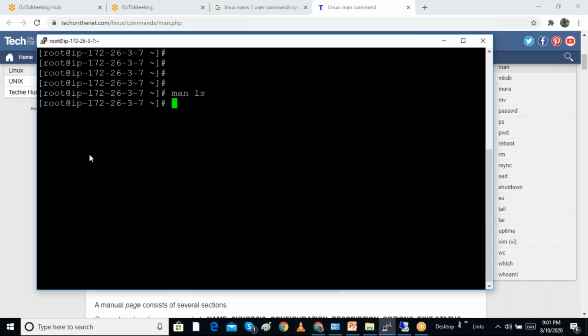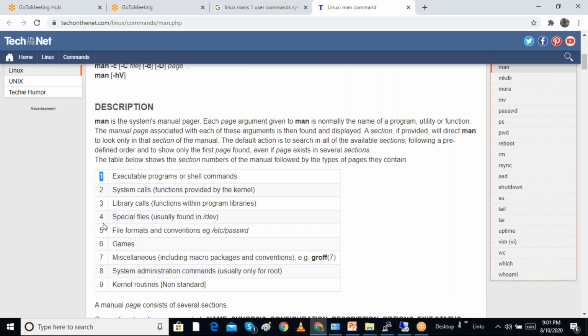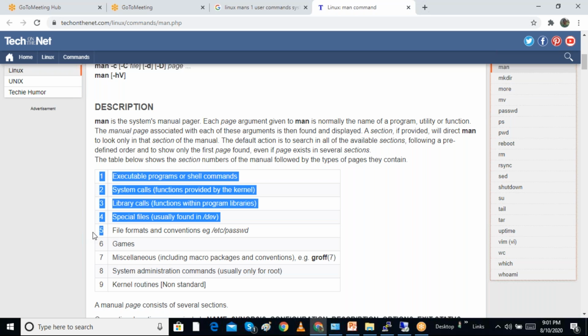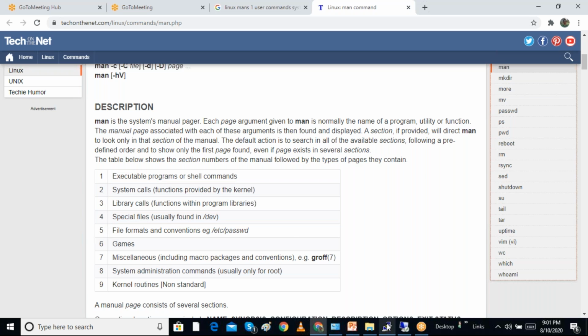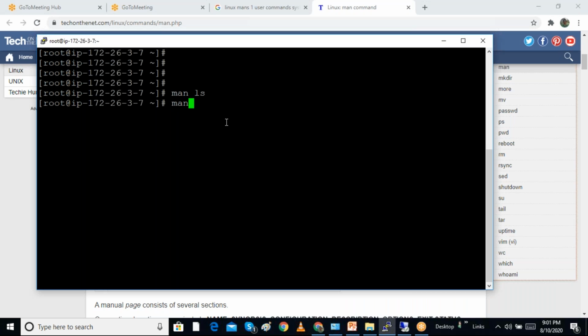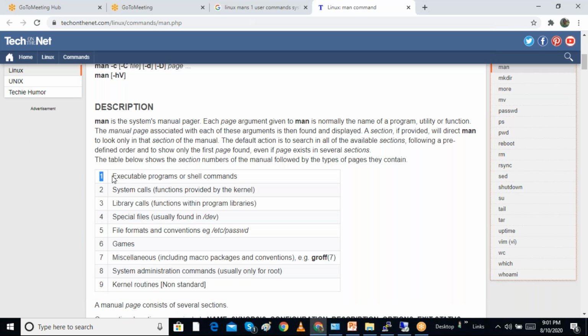As we discussed, there are different sections. The first is for commands, 5 is for configuration files. If you want to see a specific section, we can give this option. For example, I am going to give the man 1 passwd command. passwd is a command; if any user wants to change the password, they can use the passwd command. So man 1 passwd will show the first section, where I give the number directly. It will show the command options.